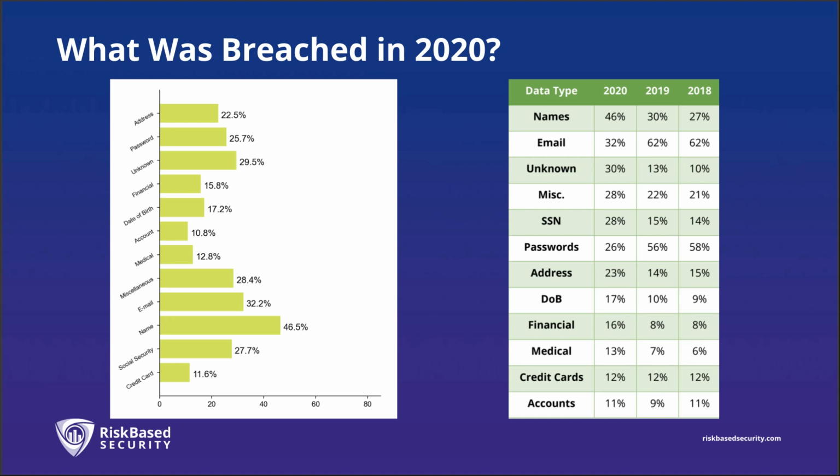In prior years, in 2019 and 2018, the percentage of breaches that included an unknown data type was down around 10, 12, 13%. It jumped to 30% in 2020. Again, thanks in large part to knowing that attackers were in there, but not knowing exactly what they might have been able to access, or the companies or organizations that were compromised themselves not necessarily coming out with a whole lot of detail about what sort of information was compromised.